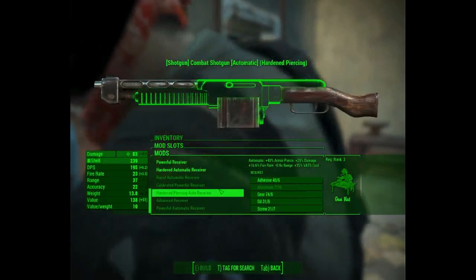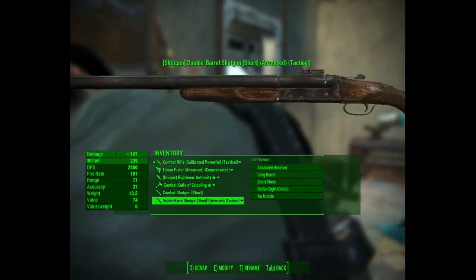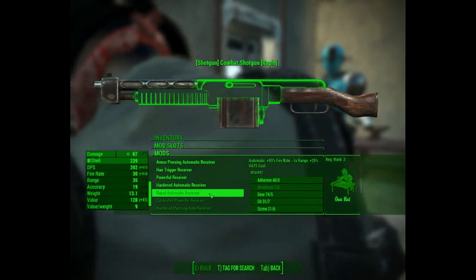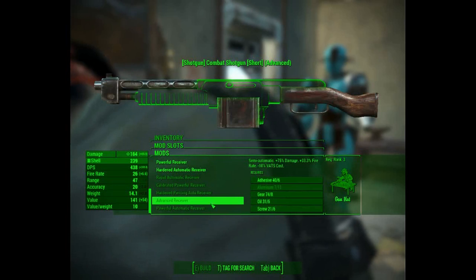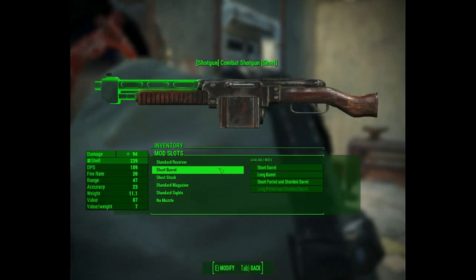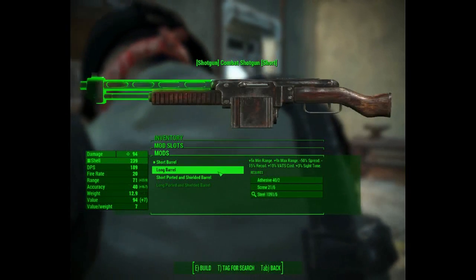If I tweak that, say, to a powerful receiver versus my... yeah, so powerful receiver is almost the same damage. I mean, I'd have to go all the way up to advanced on here, and it's still not quite as good as my double barrel. But it does hold a lot more ammo, and I can just short-ported and shielded, which...